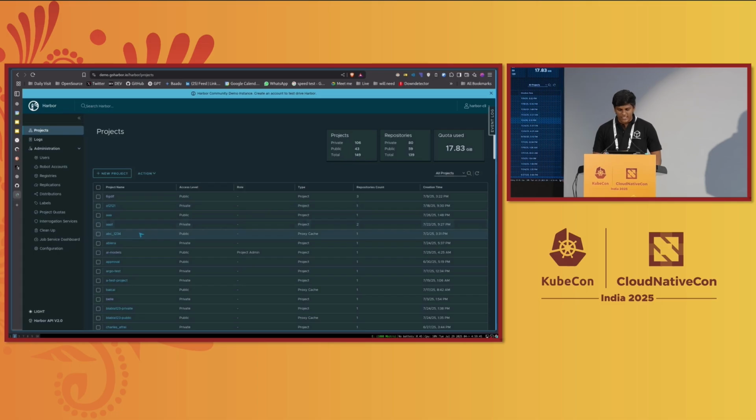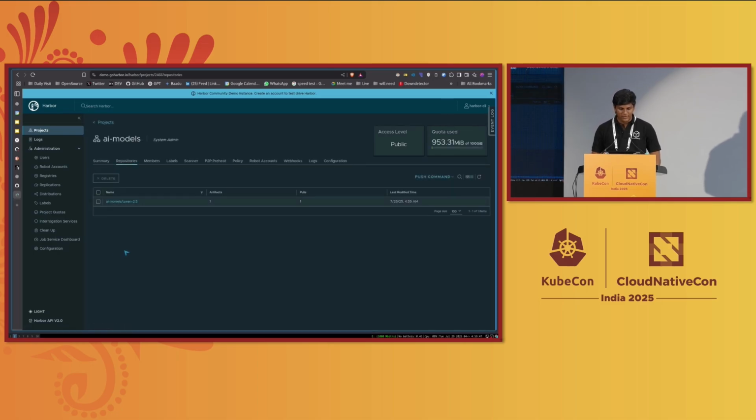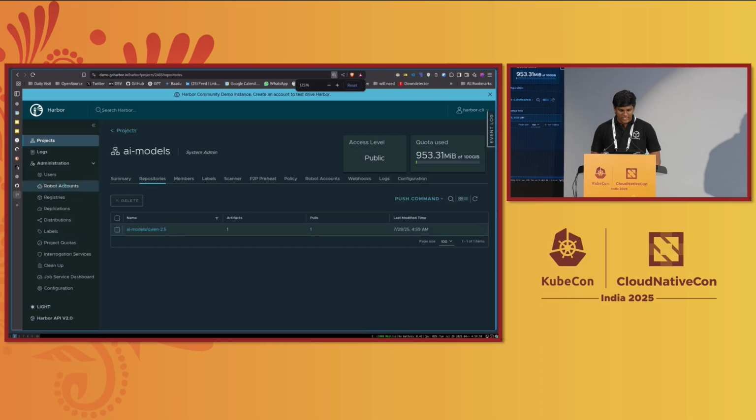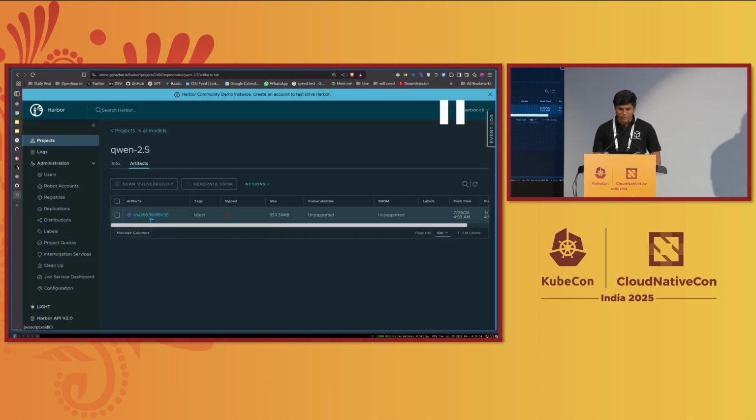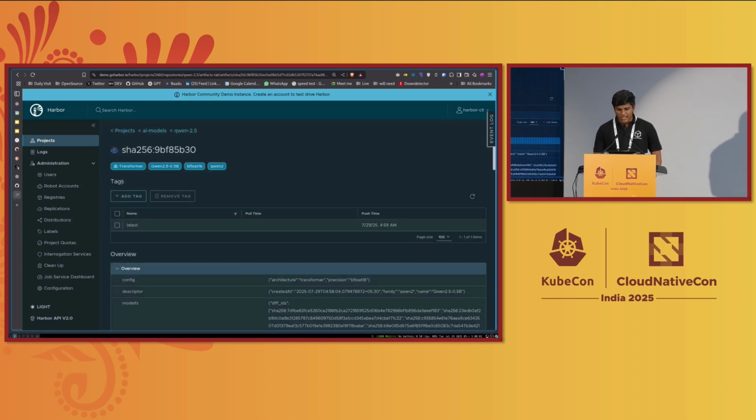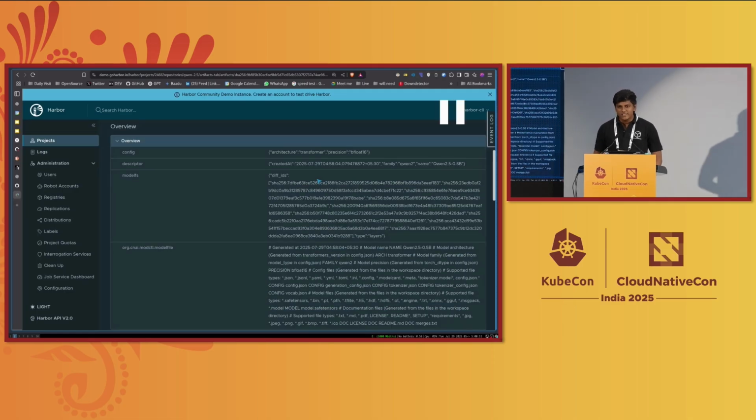So you can see this is how Harbor looks if you are new to it. And yeah, we pushed it to the project AI models, and this is how the AI model looks. And you can also see a tiny logo which states CNAI, which is Cloud Native AI. And if I open the model, you're going to see labels around what the AI model is about and what the family of the model is, and also the tags. So you can manage your AI models same as you manage your containers and Helm charts, images, etc.